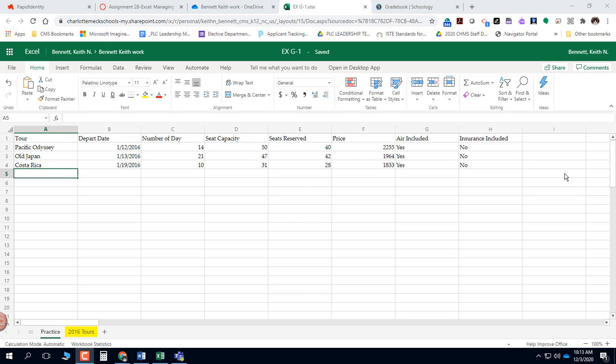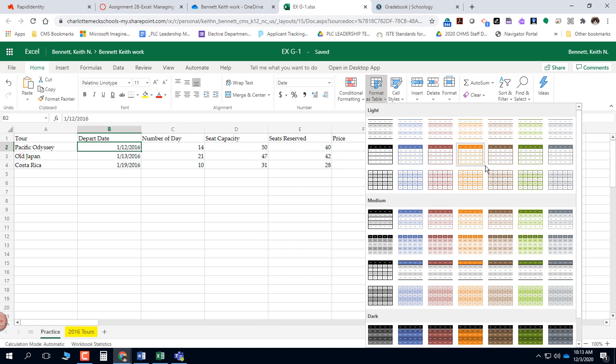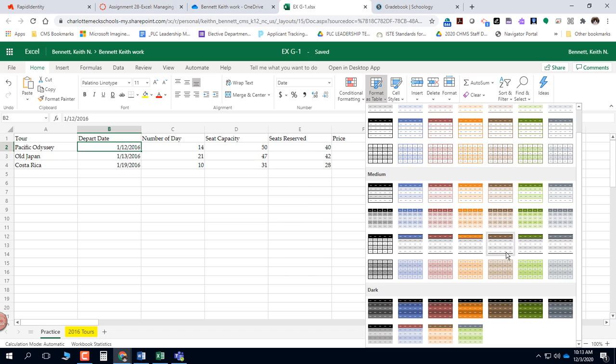So the first thing we need to do is click somewhere inside this data. Under the Home tab, we're going to go under Format as Table, and we're going to select a table style. Now you've got all these different table styles available to you, and the table style that you select really doesn't matter too much, but I'm going to try to find the one that I'm looking at in this old textbook, and I want to select this medium style that's red, number 10. So it's this one right here, and I really don't care if you pick this one or a different one,